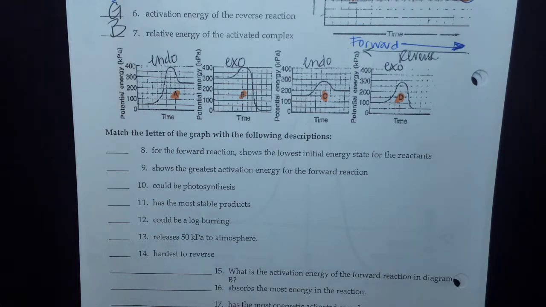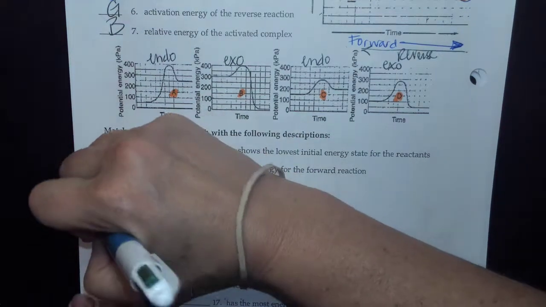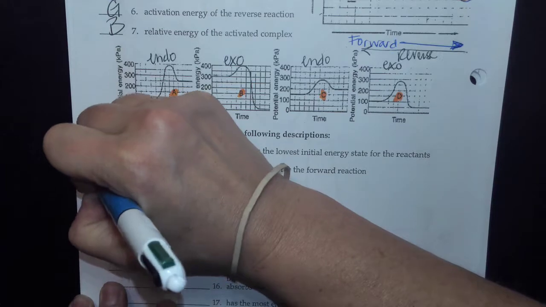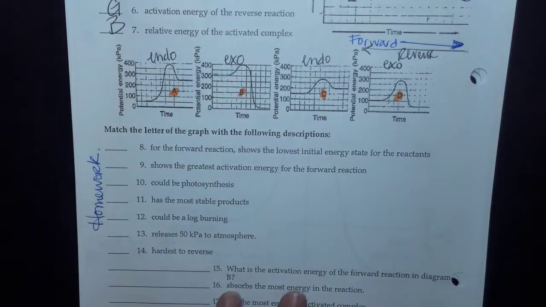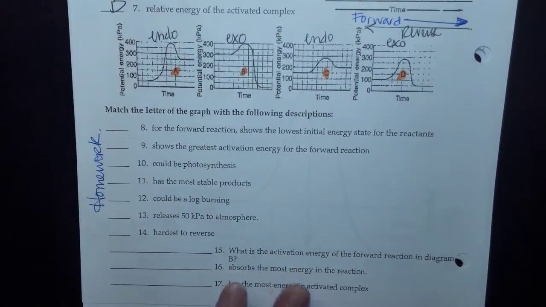Go ahead and work on these now. 8 through 17. All you're putting on the list is A, B, C, D. Could there be like multiple